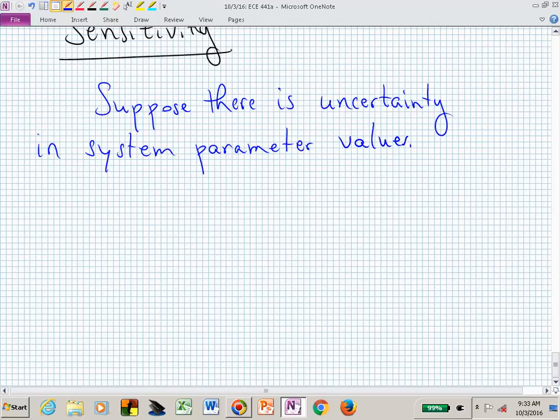We want the dynamics to look the same, whether you have spring 1 and 3 masses, spring 1 and 2 masses, etc. So those are the different parameters that are not the same in your system. So there's uncertainty in the system. Another case where you might have system uncertainty is